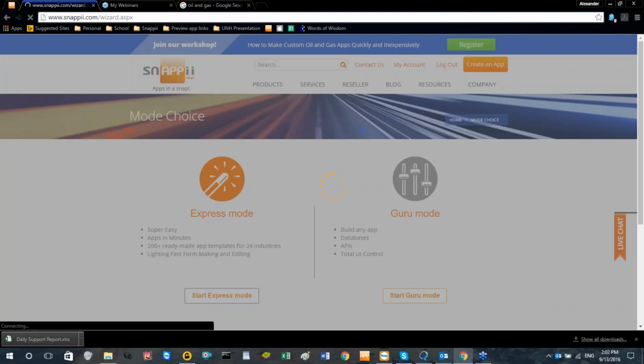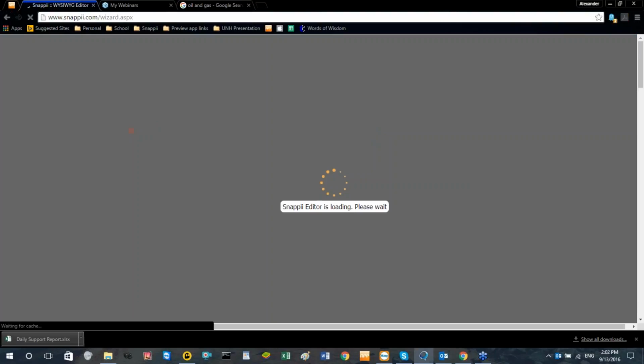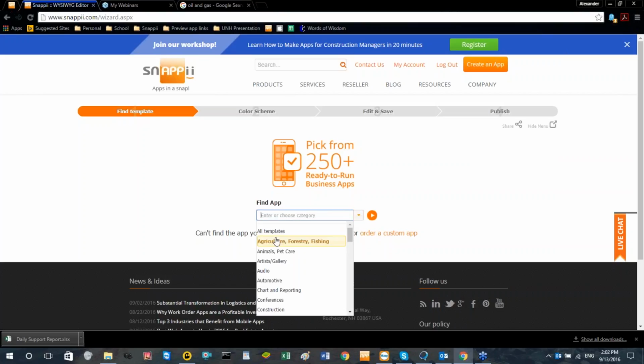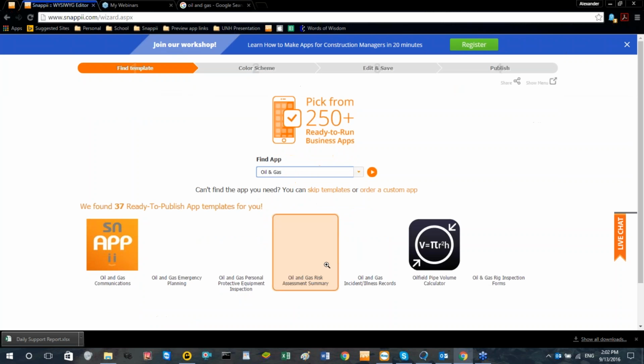And we're going to use Express Mode today. Now here, as you can see, you can pick from 250 plus ready-to-run business apps. I believe we have about 321 of them total. You can either choose all templates or pick the industry for which you are building the app. We're going to do an oil and gas app today, so we're going to go ahead and select oil